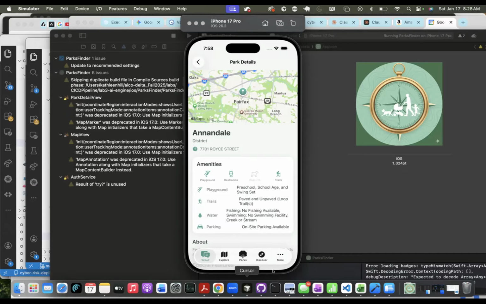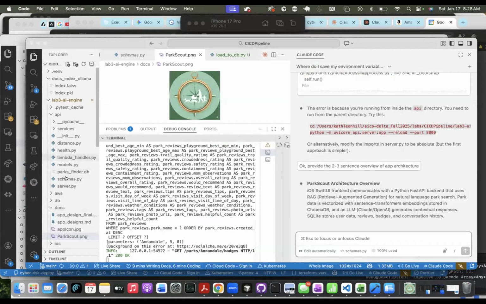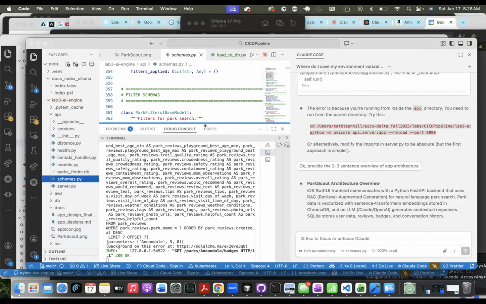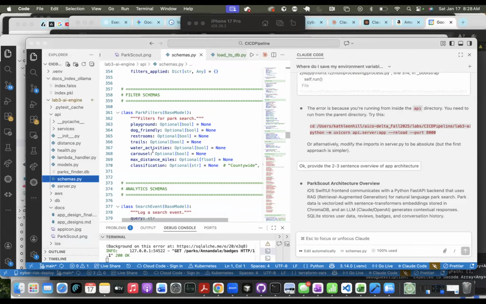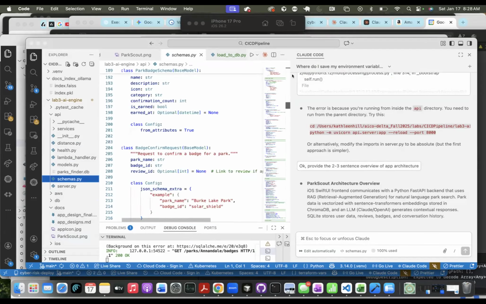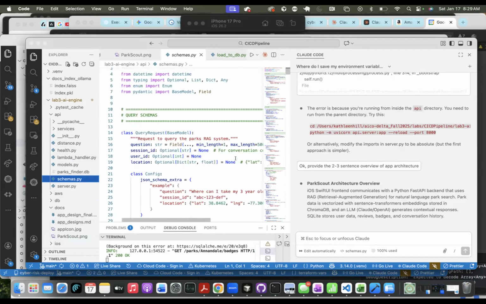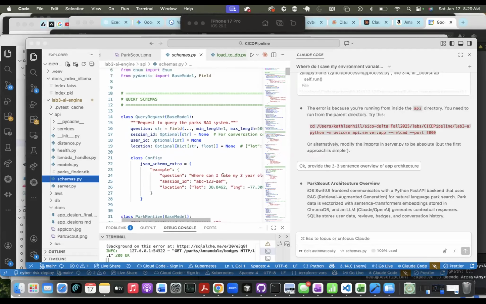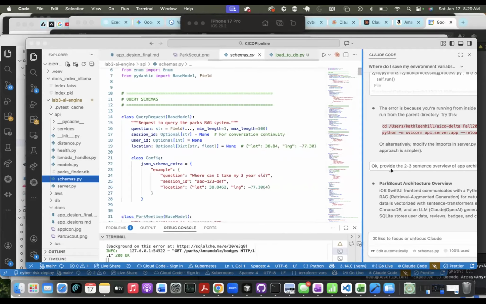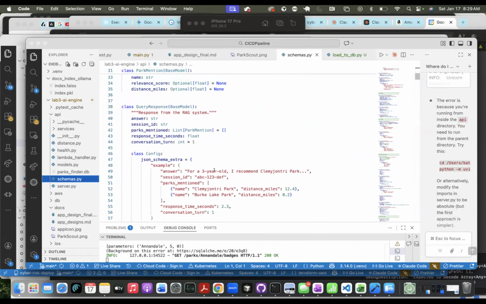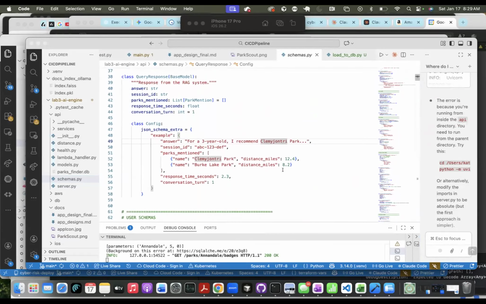Okay, hopefully that worked. Yeah, so I started with the Park Find schema. I have a bunch of different files going into this. I have schemas that cover all the different apps and the attributes for the different parks. My friend helped me create all of this information. So these are specific RAG query schemas, and these are different sample queries.